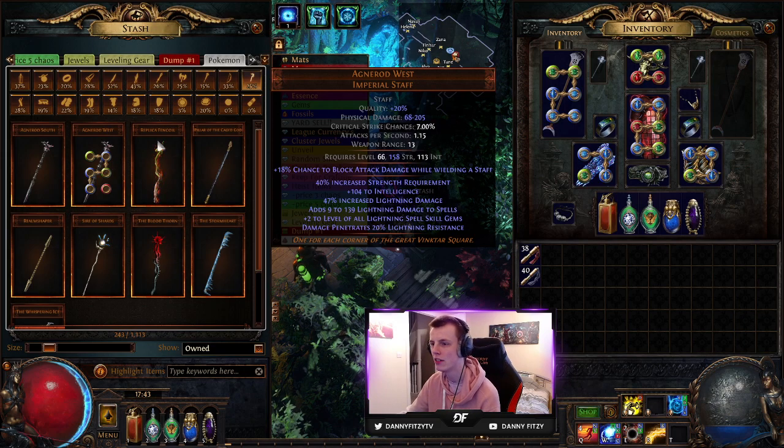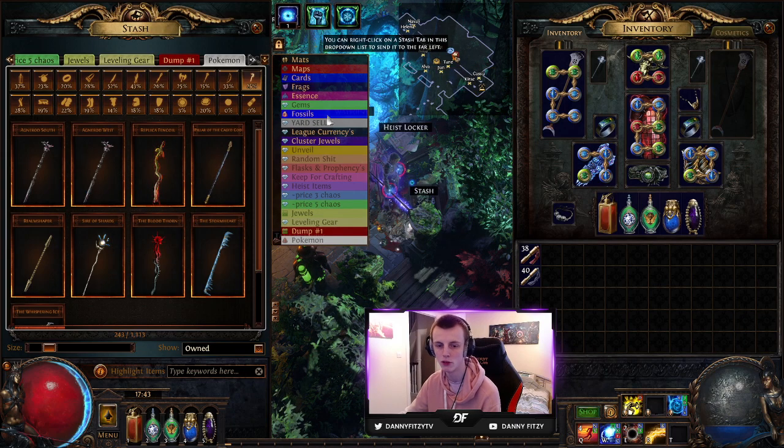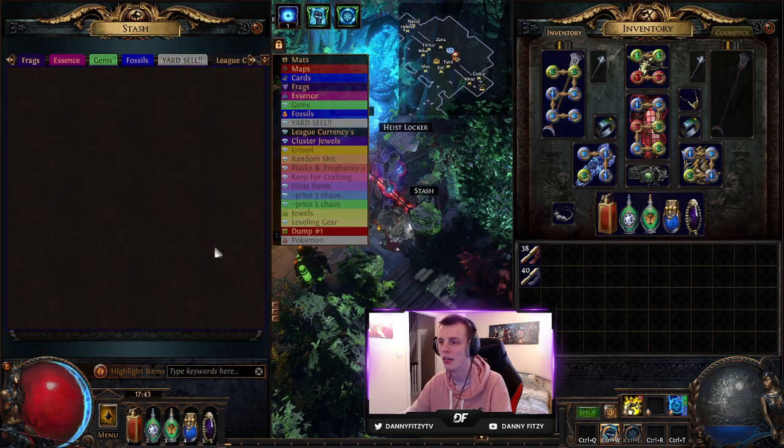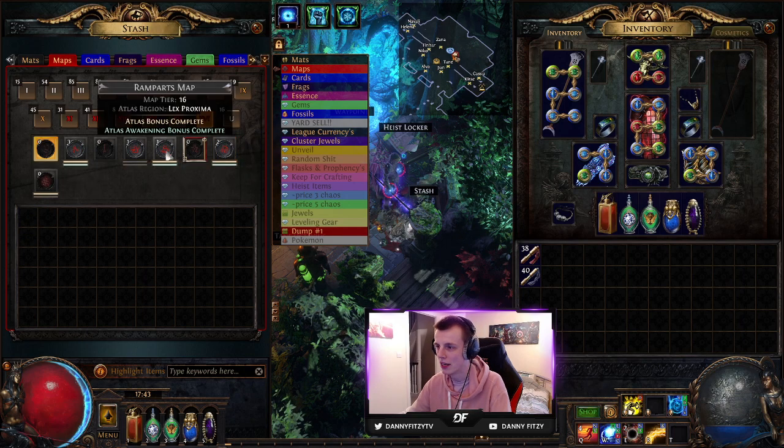And all round, it's just a great build. It just does everything at the start of a league with zero currency, basically. So I always default back to this if I'm having troubles with any of my league starters, which I did this league because I started Splitting Steel, and I don't want to go into that because that was an absolute mess. But here, I'm just going to run...